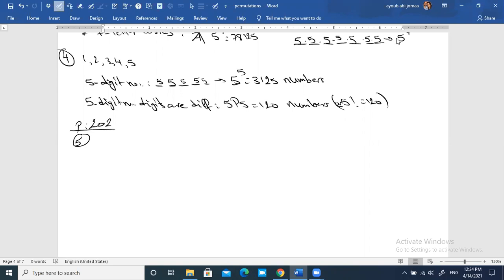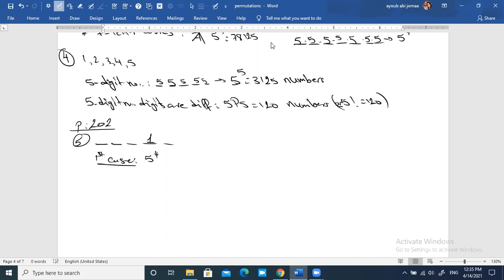And here we have 1, 2, 3, 4, 5. This digit is 1, it should be 1. Now the question: how many different 5-digit numbers are there if the first number is 1? The first case, where repetition is allowed, here we have 5, 5, 5, and 5, so we get 5 to the power